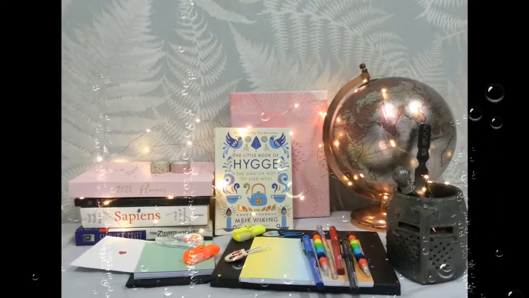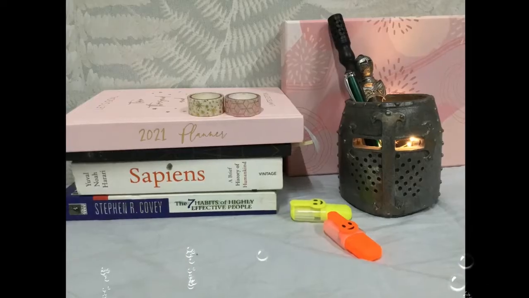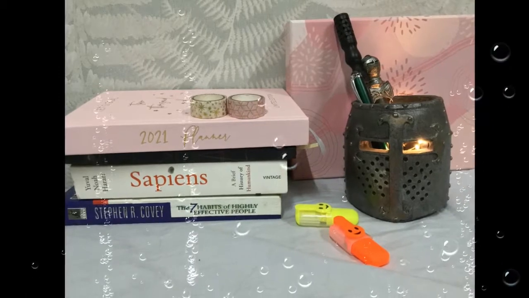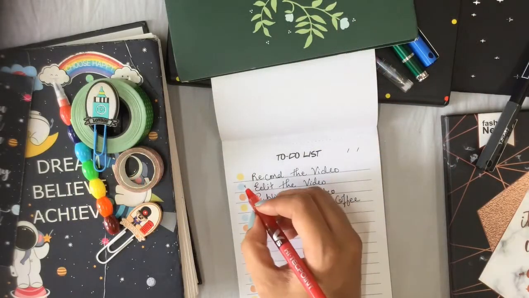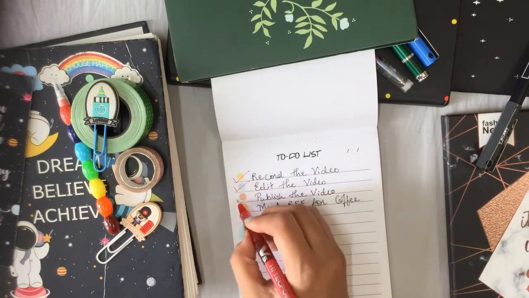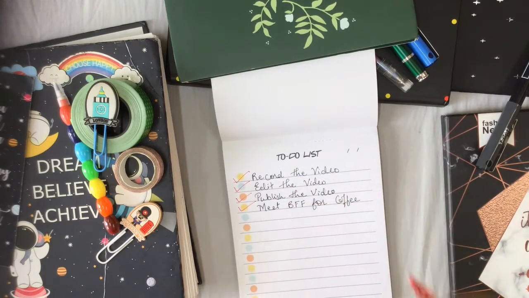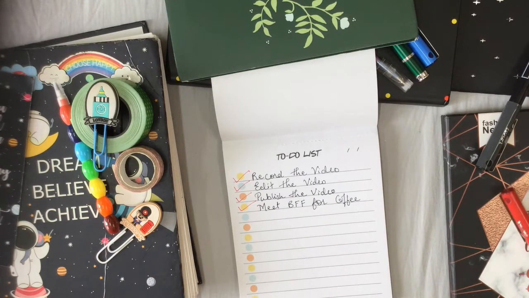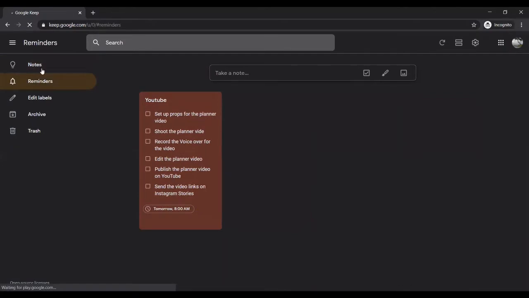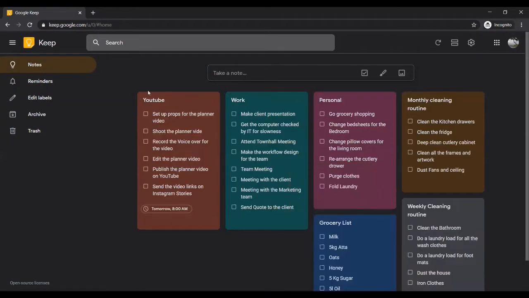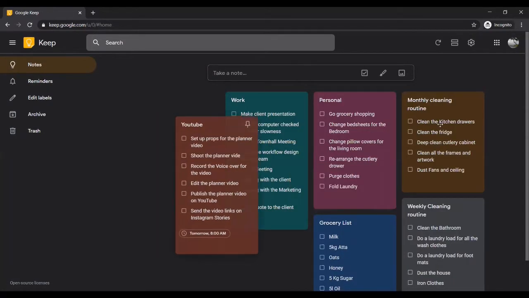Now that we have our basics sorted, let's discuss which planner would fit your planning journey. If you have never planned whatsoever, start with a simple to-do list on a regular diary or a whiteboard or a sticky note. Try keeping a digital to-do list as well from the number of apps that are available, so you would know whether you prefer to plan digitally or on paper.